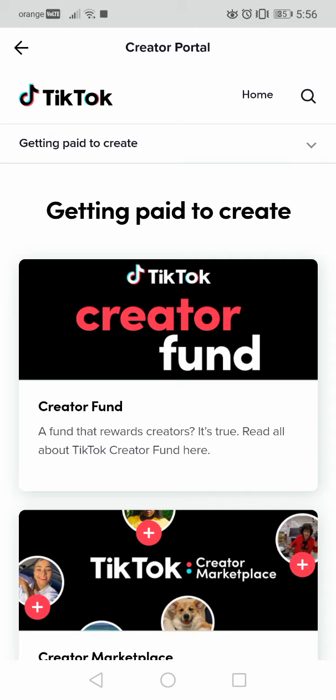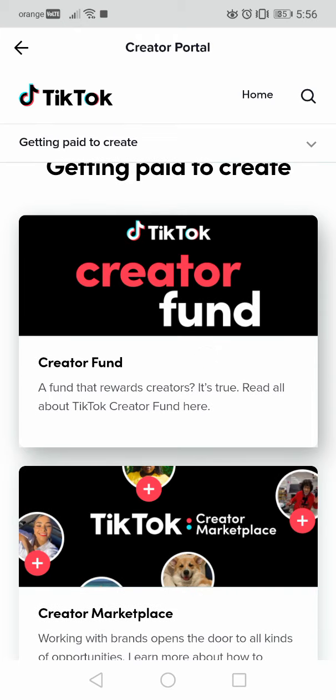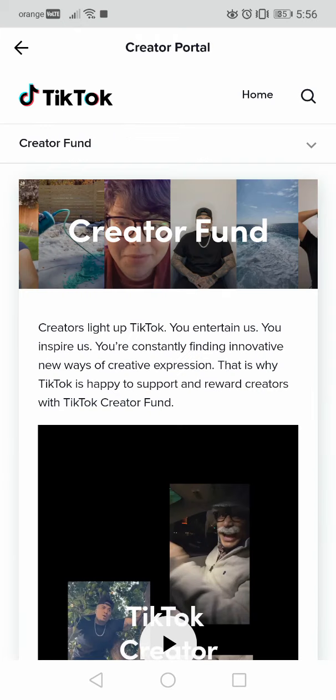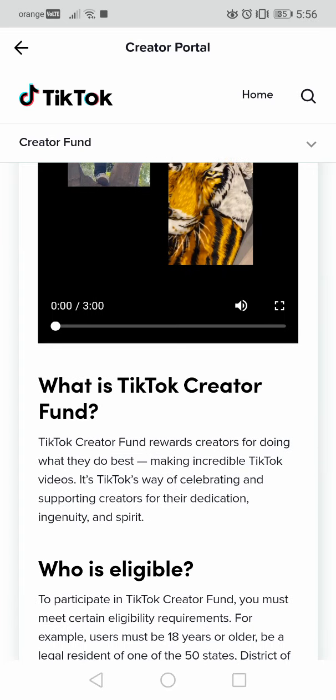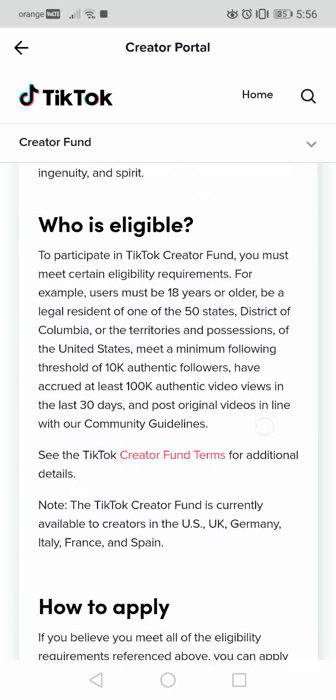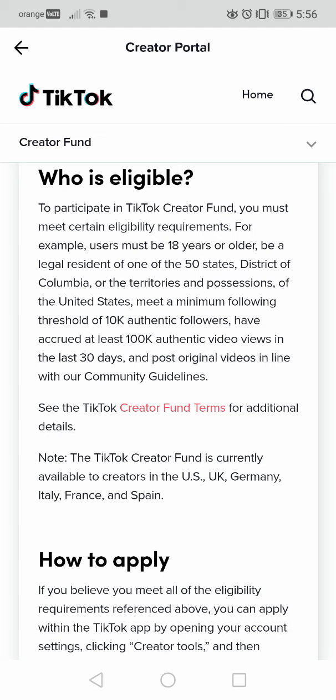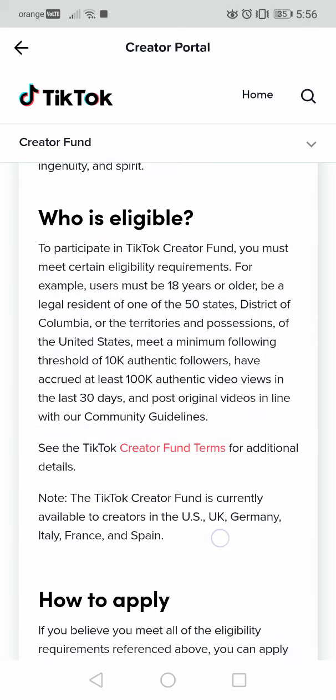Let's check out, for example, the Creator Fund. It's very useful, these articles. Creator Fund, here is a short 3-minute video about this feature. What is TikTok Creator Fund? I already explained it to you. Who is eligible? So you need to have 100,000